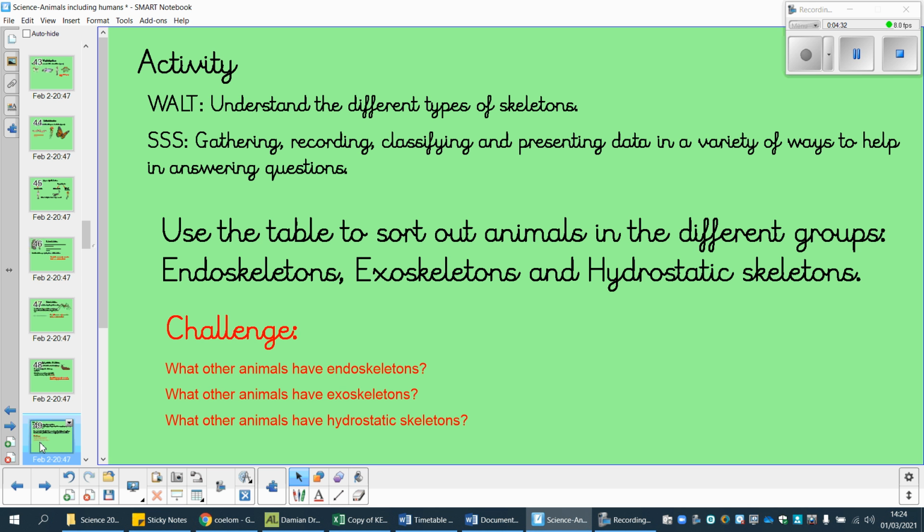And then your challenge, okay, apart from the animals that you can see, have a think, are there two or three more that might have an endoskeleton, exoskeleton, or a